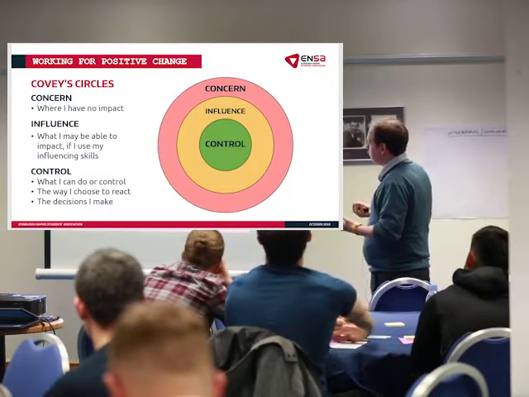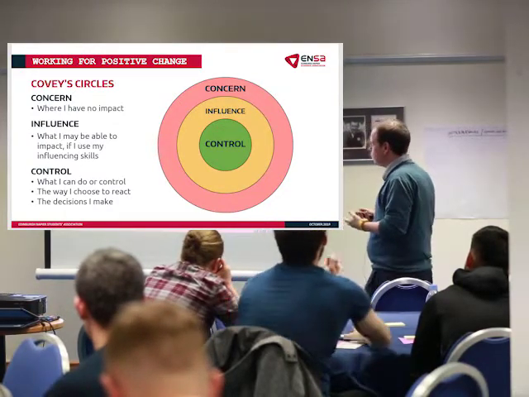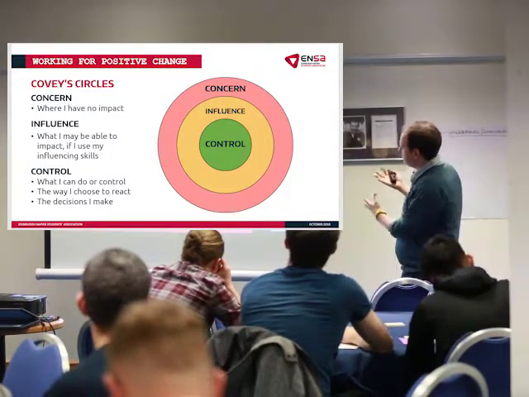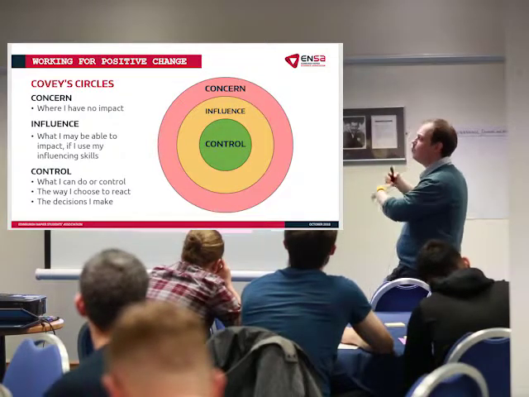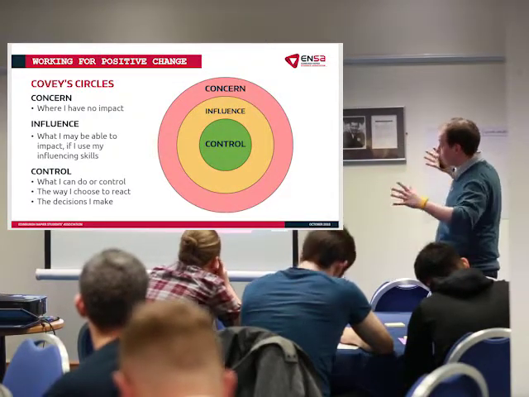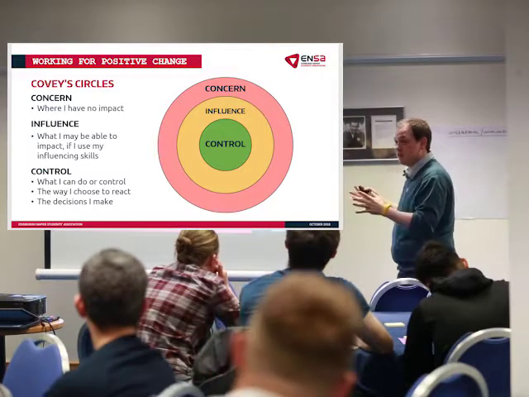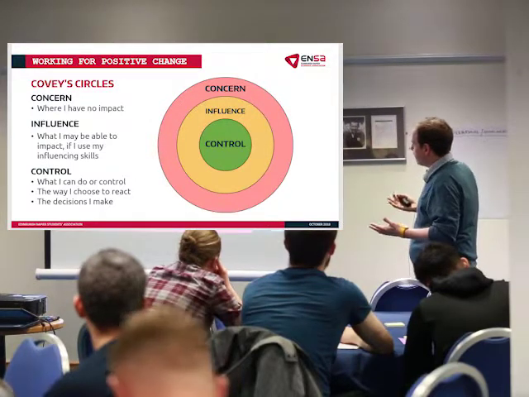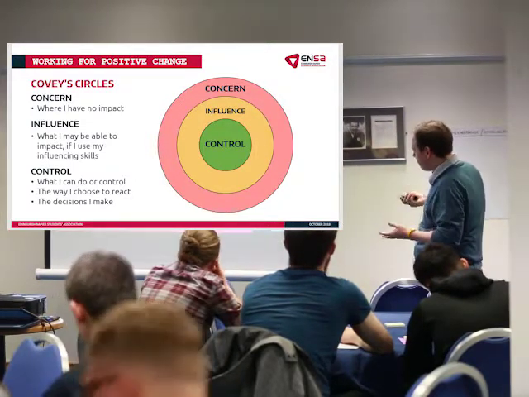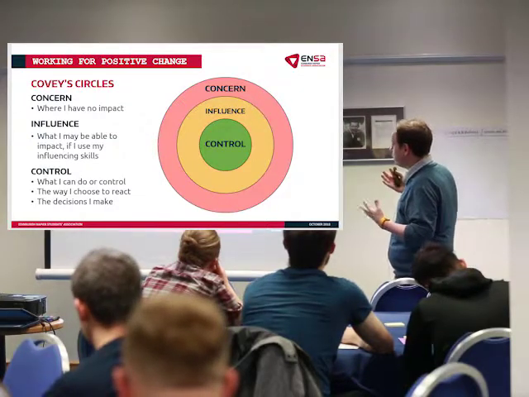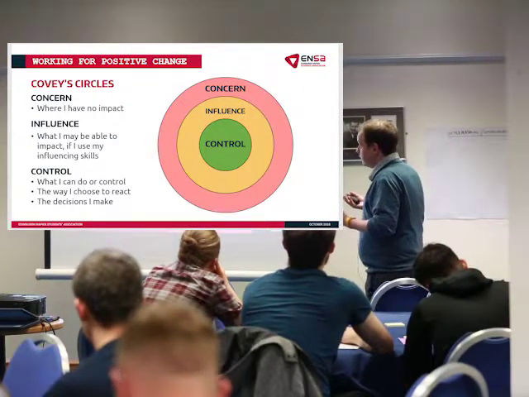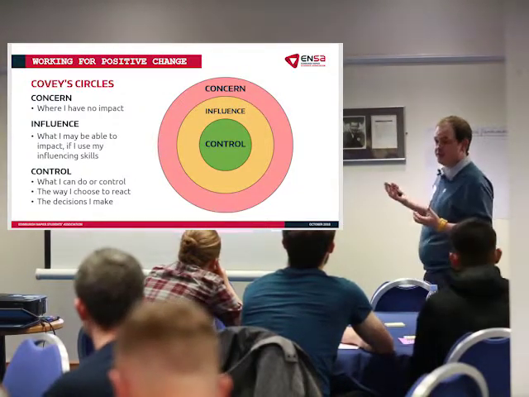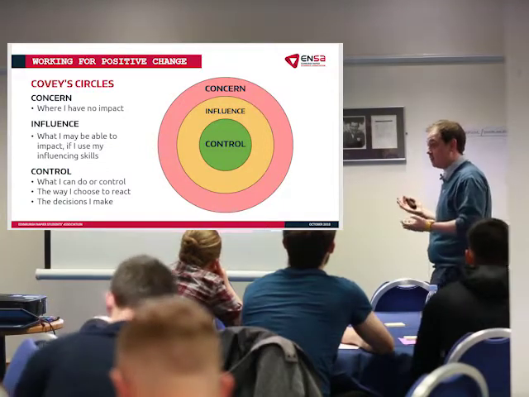What he then says is you have an inner circle of influence. So you can try to make some changes in that. And he says why would you concentrate on the stuff that you have no impact on whatsoever, and just bring that circle down and say, I'm only going to spend my time thinking about the stuff that I have a hope, at least, of changing. That's not the only circle. There's an even further inner circle, which he calls the circle of control, and says the things that you do actually have control of are very small, and most of the stuff that you achieve in life is by influencing and interacting with others.